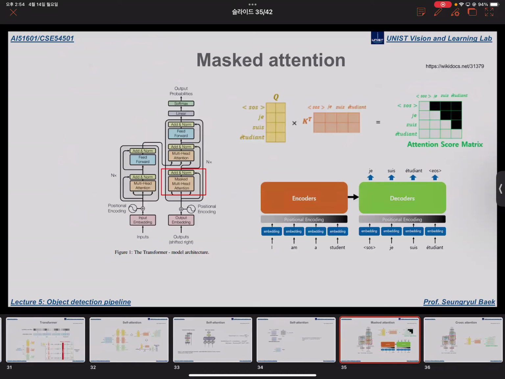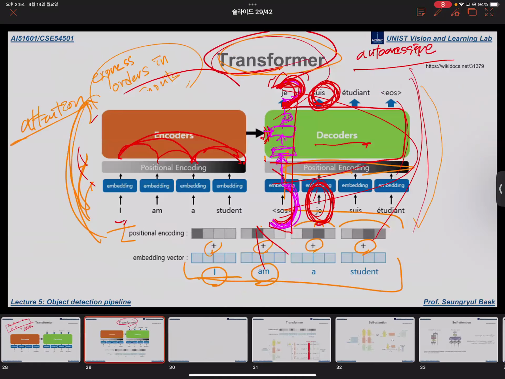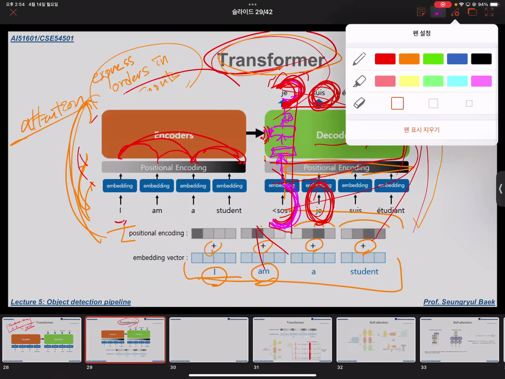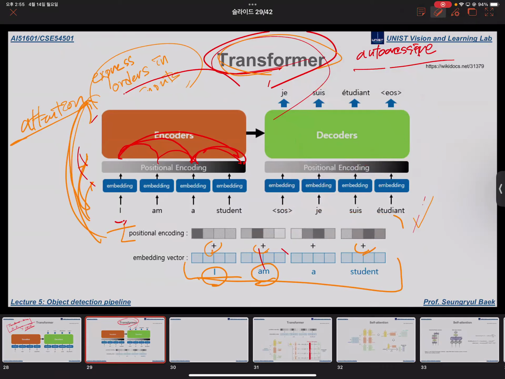And I will explain the masked attention in more detail again. So as I told you, in the decoder side, the encoder is calculated one time. They are parallelized, okay? The similarity between inputs is calculated one time and they are added to get this feature vector, as the encoder output. But